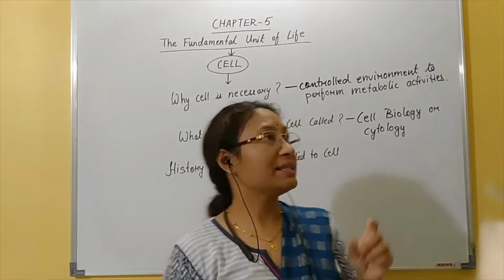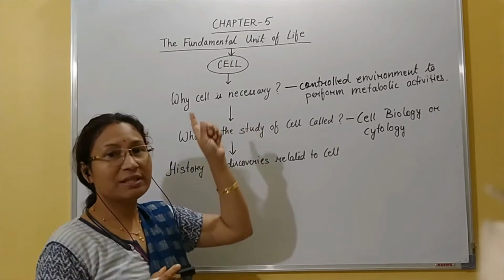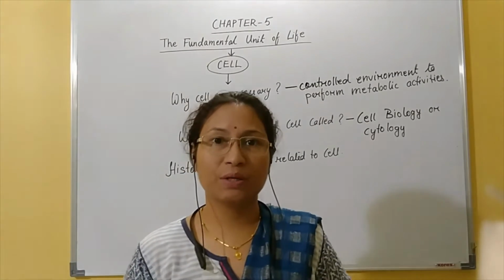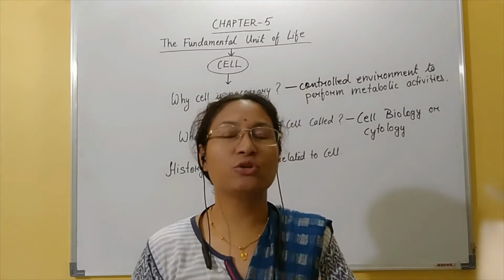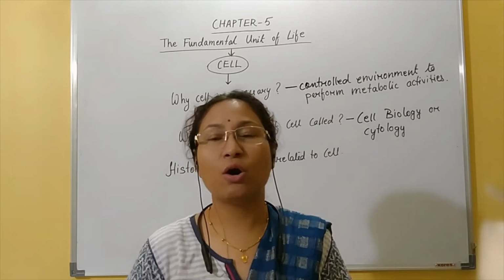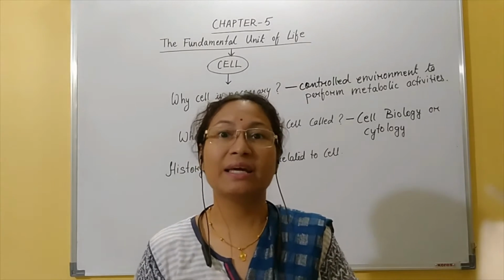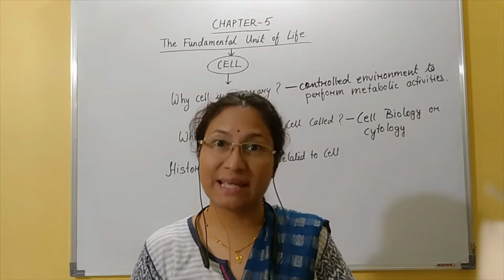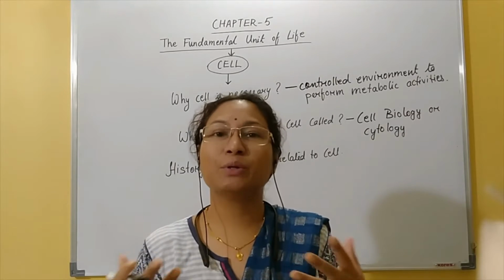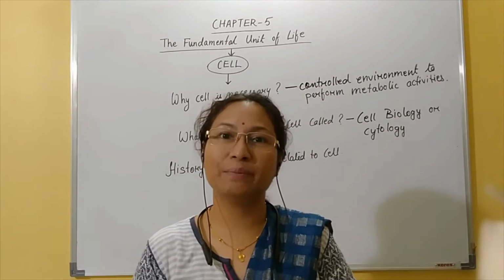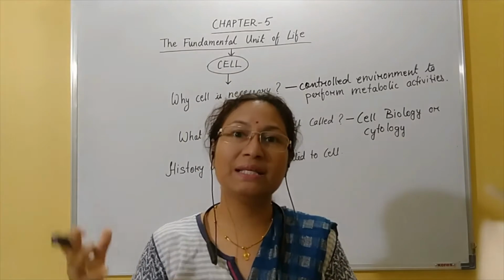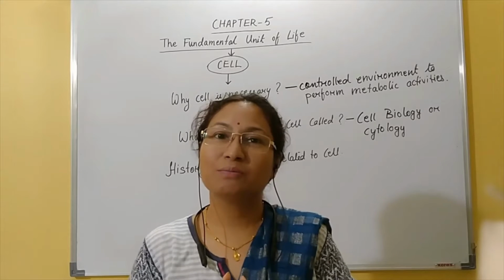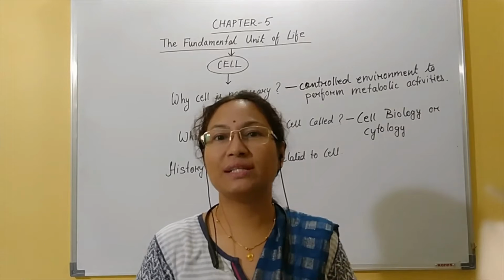So when we say that a cell is a structural unit of life, it means that any organism, it may be a tiny ant, or it may be a very tall tree, or an elephant, or a blue whale. All the bodies of these organisms are made up of cells. So depending upon the size of the organism, there can be millions, billions of cells present in the body of the organism. Now that's why it is called as the structural unit of life.